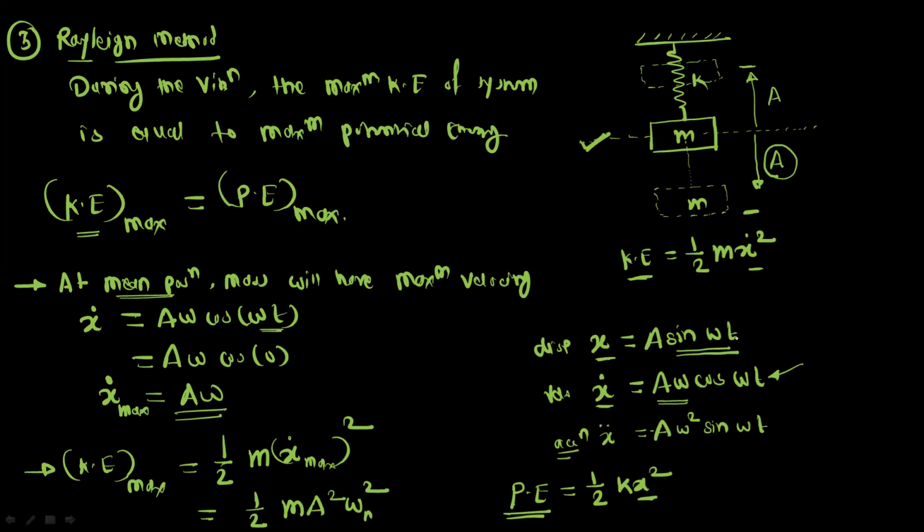And when sine omega t is 1, omega t is equal to pi by 2. At pi by 2, it is a quarter oscillation. So at the quarter oscillation, that is at the bottommost point, we will have the maximum deformation. So it is plus or minus A. So we can write the equation.